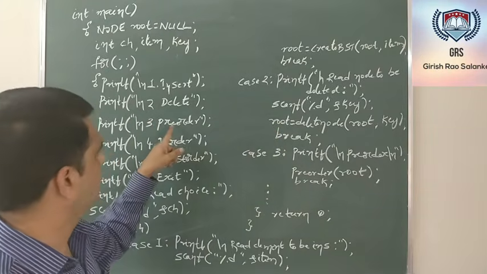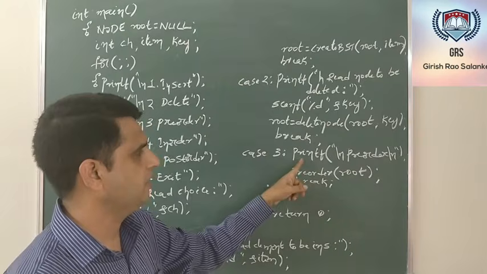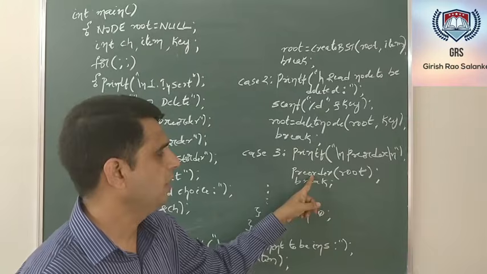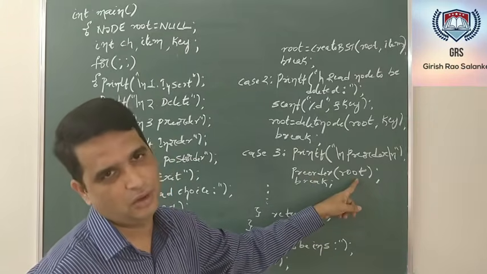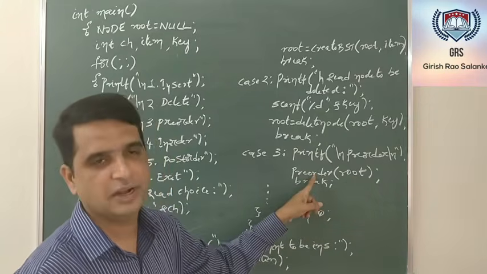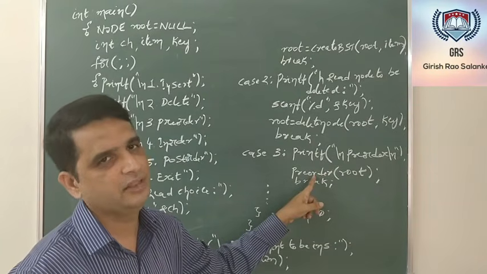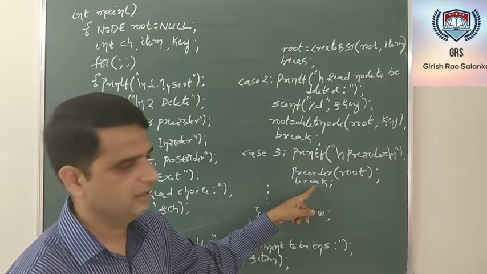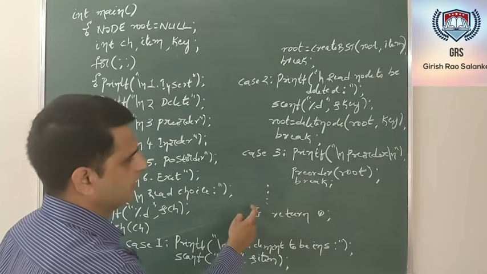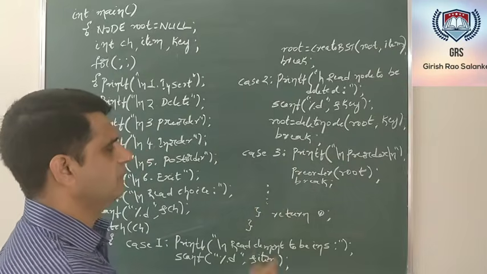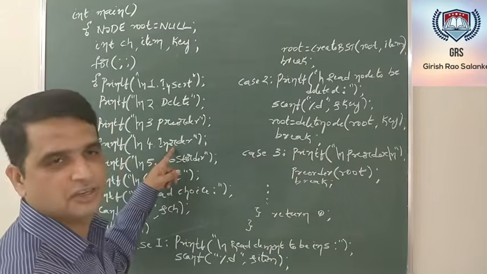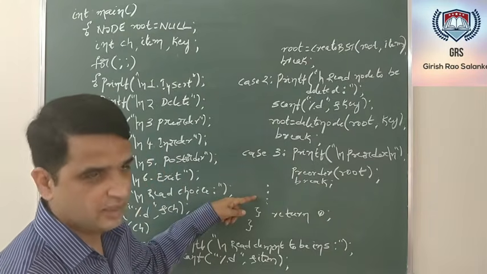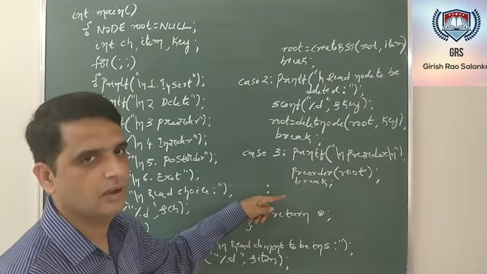Next is case 3, which is for pre-order. So I am just having a printf statement, printf pre-order. I am calling the recursive pre-order function here with the argument as root. If you do remember, the pre-order function return type was void. I was not interested in holding the return value of the pre-order function, so I am just calling the pre-order function and then break. Similarly, you can write case 4 and case 5 similar to these three statements. Instead of calling pre-order, just call the in-order function and the post-order function. Please note that you need to write case 4 and case 5. Case 4 for in-order, case 5 for post-order.